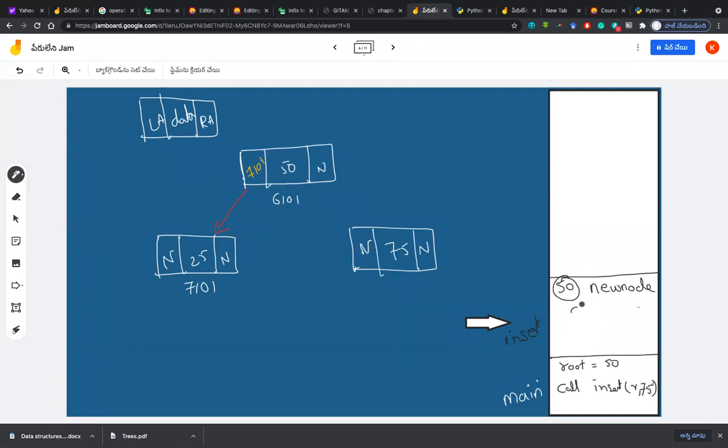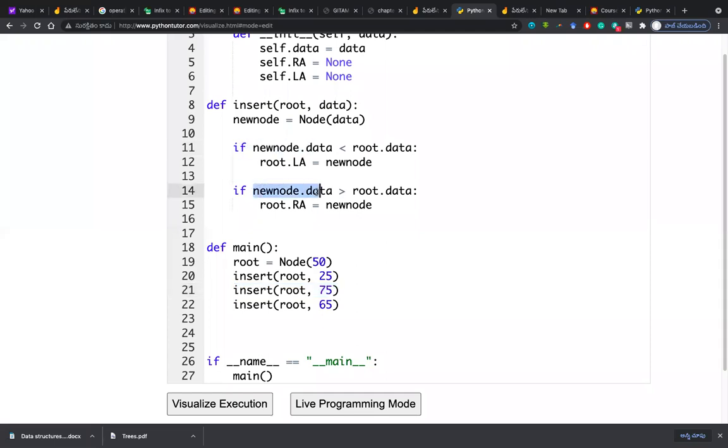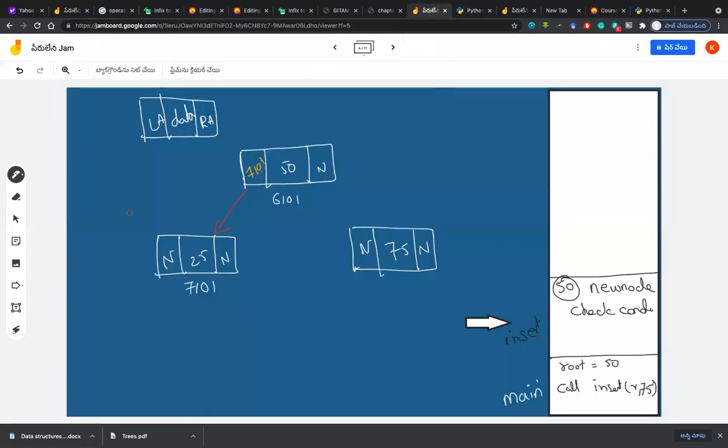What is the next step that you do? We'll check the condition. Which condition is being satisfied here, this or this? Second condition, sir. So this is the line that should be executed, because the second condition holds. For that, I will do this. First of all, I need to give some address. So 8101 will be used and it gets connected to this.